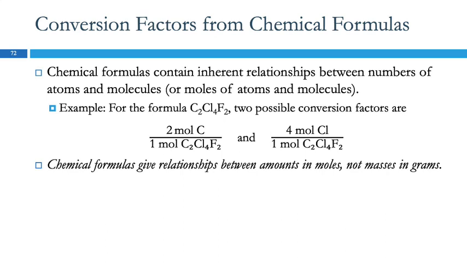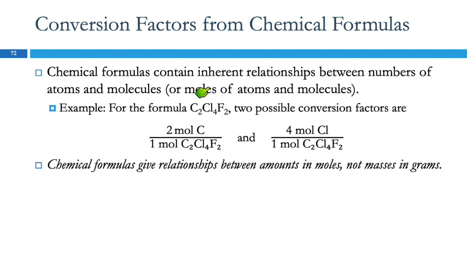So we should know how to do problems like that with percent as a conversion factor, but that's not what we usually do in chemistry. Usually we get our conversion factors from chemical formulas. Because the formula gives us the relationship between numbers of atoms and molecules or moles of atoms and molecules. This formula, C2Cl4F2, if we're looking at how much carbon per how much of the compound, well, there's 2 moles of carbon,